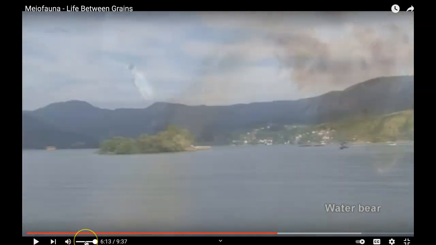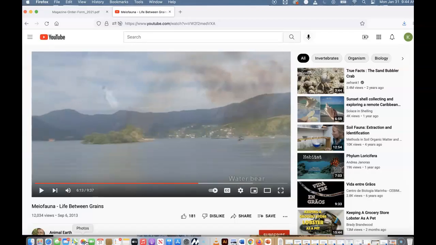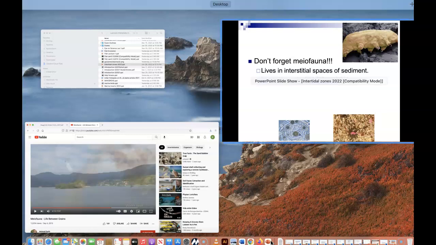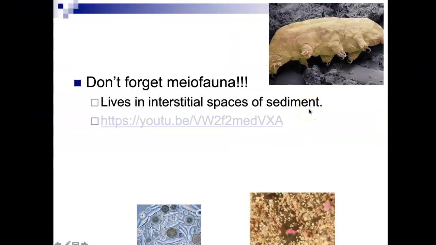So you can go ahead and watch the rest of that. I just wanted to introduce you to what meiofauna is and what it looks like. Again, if I had you in a normal 15-week semester, we would actually do a meiofauna lab, and you would get to see some of this meiofauna. You would get to see some gastrotrichs, some rotifers and water bears, some nematodes, roundworms. But anyway,